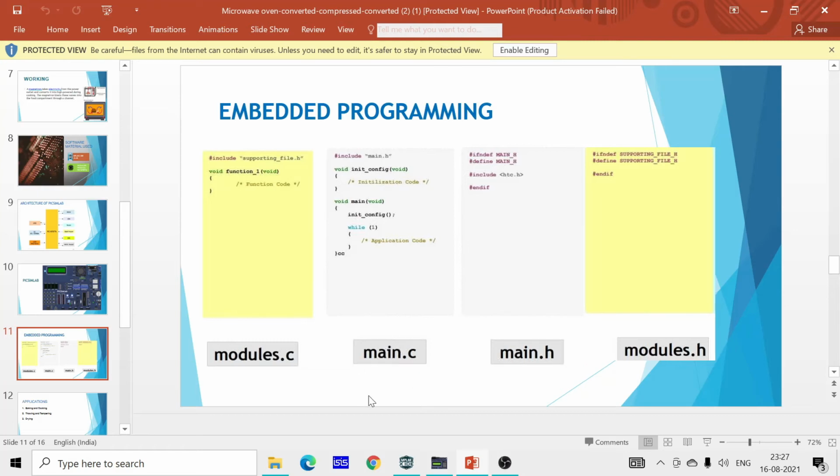The main.c file is used for the definition of the functions and variables, it consists of all the data types and it is non-shareable. In the .h file, we declare the data types which are defined in the .c file and it is shareable. Once we declare, we can use it more than once. So module.c has module.h and main.c has main.h.